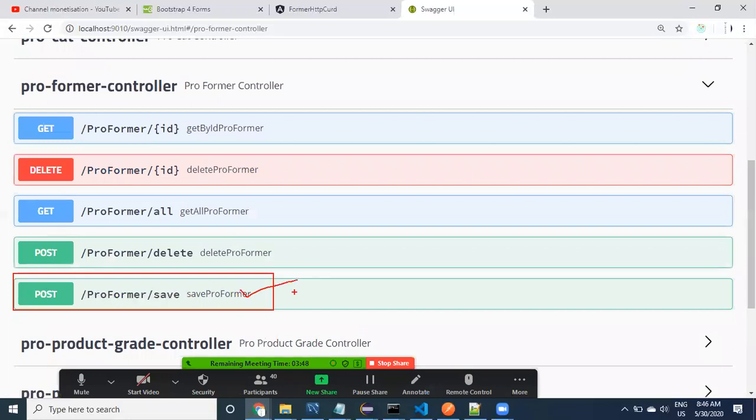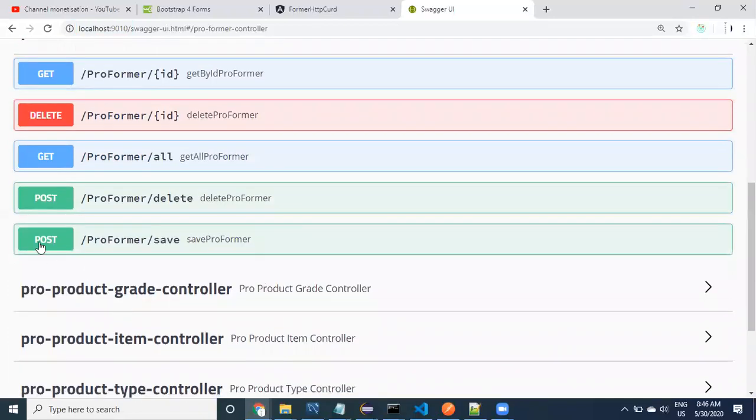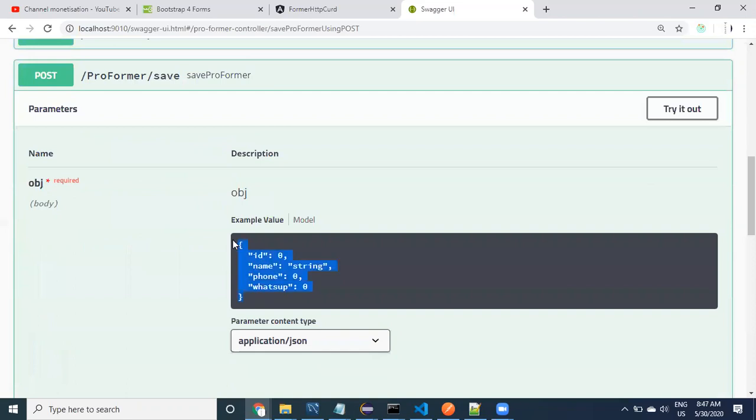I want to use this URL. Before that, we have to use localhost 9010. After that, we need to use profarmer save. And if I want to call, what is the method I have to use? Post. What kind of data I have to send? Let's see here, guys. This is the data. The keys and values are very, very important.